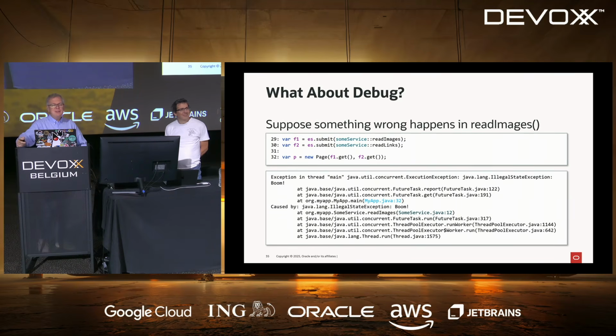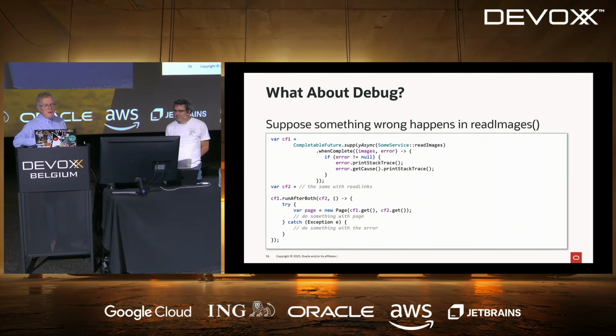It does not take you where you submitted your lambda to this executor service, and certainly not where you created this lambda. Actually, if you check, it takes you to the get method, which is on line 32, and after that, you're in your executor service. So you know where the get method crashed, but you don't know where your lambda was submitted. If it's close enough, that's probably okay, but it could be miles away in your application.